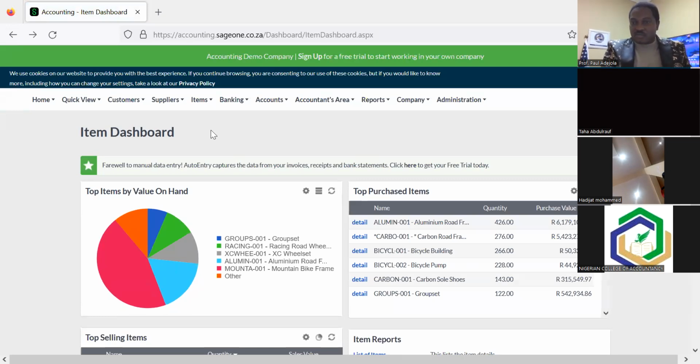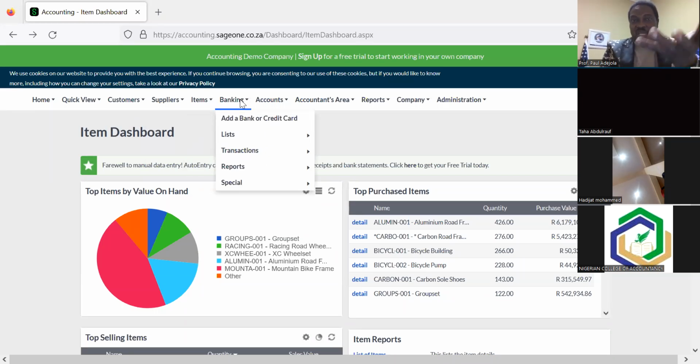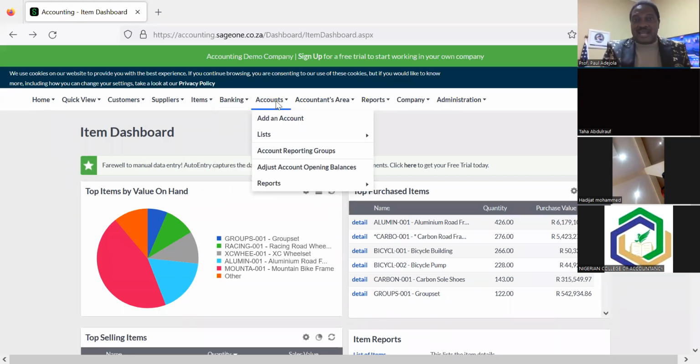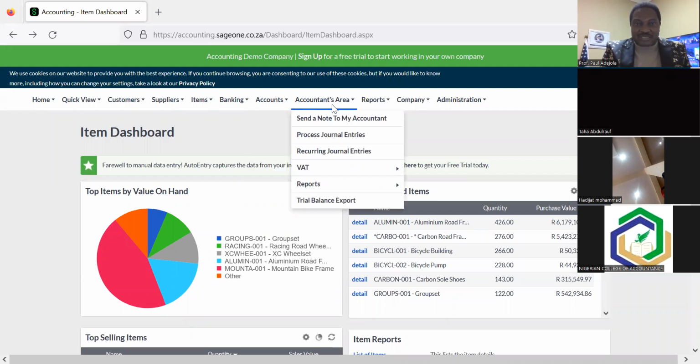The other relevant one I want to show us is to see the various reports. We have suppliers who add suppliers, add items, banking. There's even provision for credit card. Accounts, add an account. Then when you come to accountant area,